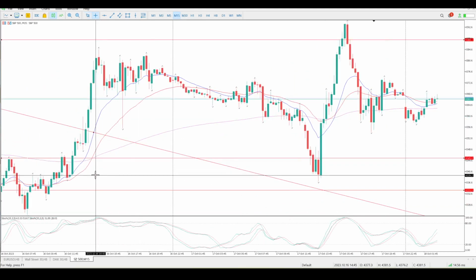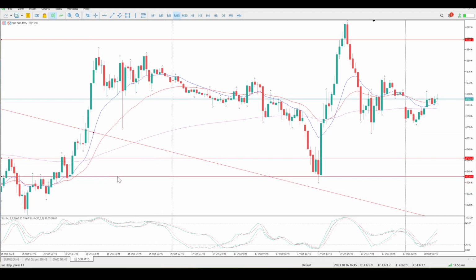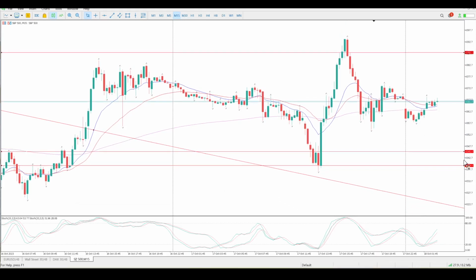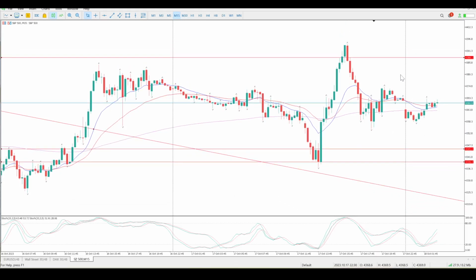We've bounced off basically a 15-minute level. I'm just going to use this level here. There's my 15-minute pin bar, and you can see the big engulfing bar off it. Very difficult to get that back above the moving averages, back into the moving averages. Now we're still in the moving averages. So I need a clear break of structure to the upside or to the downside before I start looking at this. I'm more in favor of a break to the upside than the downside,